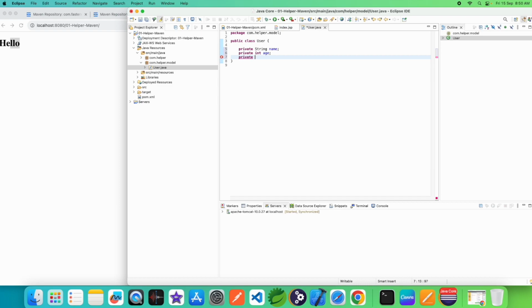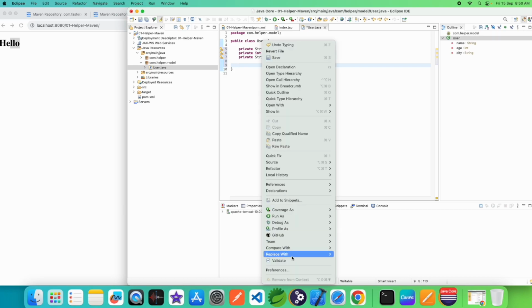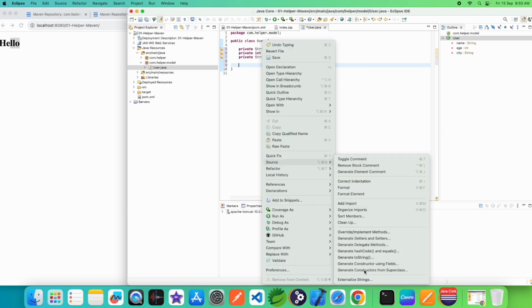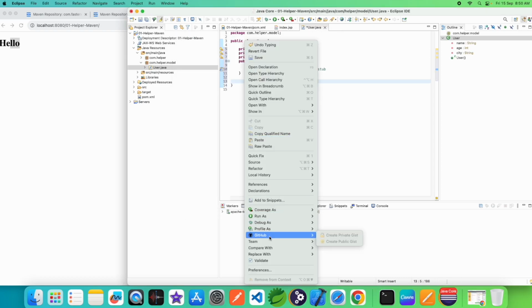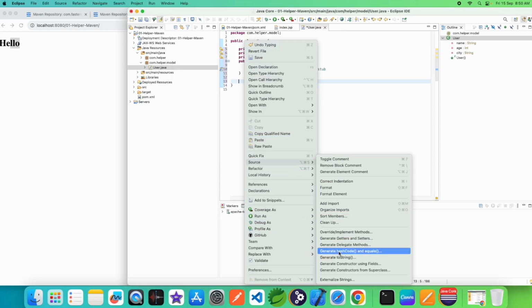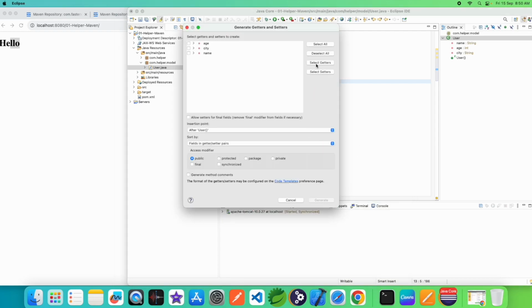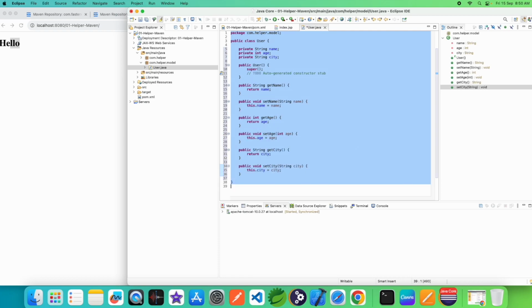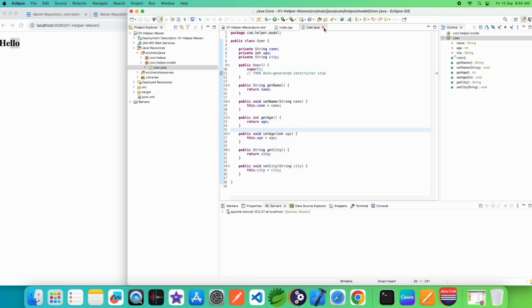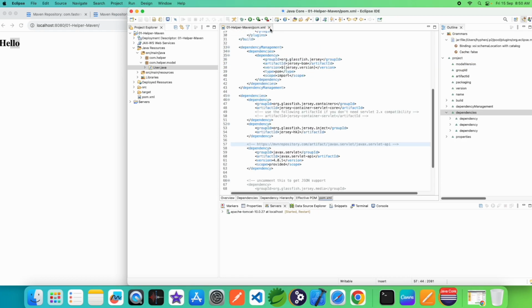Now make a default constructor and the getters and setters of the model. For formatting, if you want to format your code on Eclipse, then simply select all, and for Mac it is Command Shift F, and for others I think it should be Control Shift F. Okay,